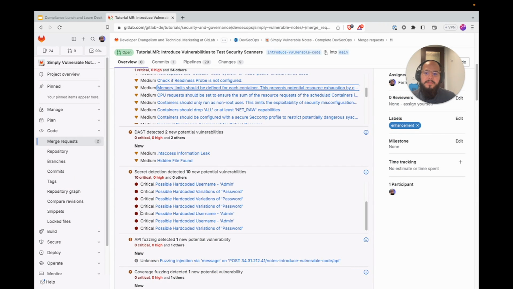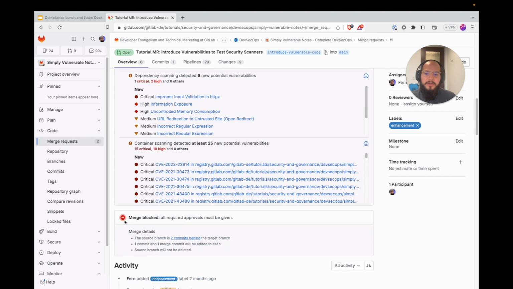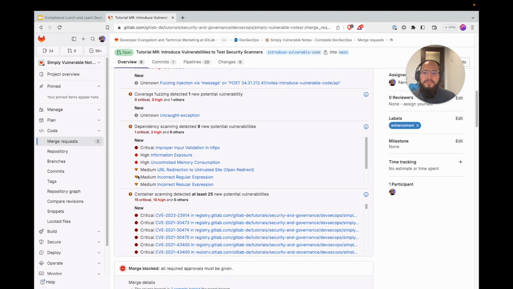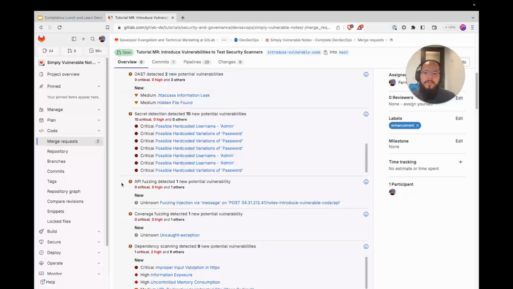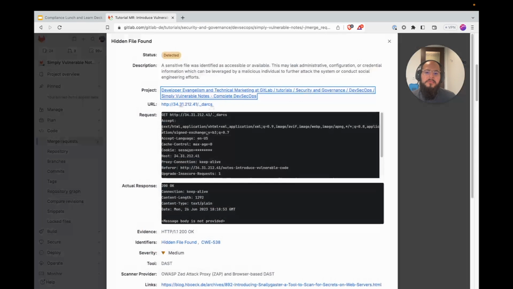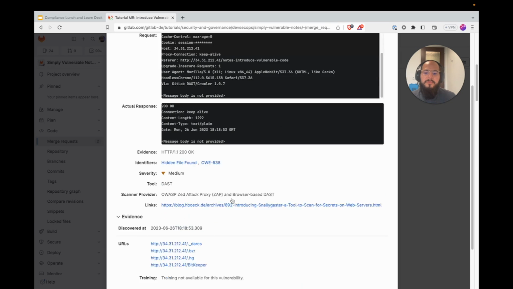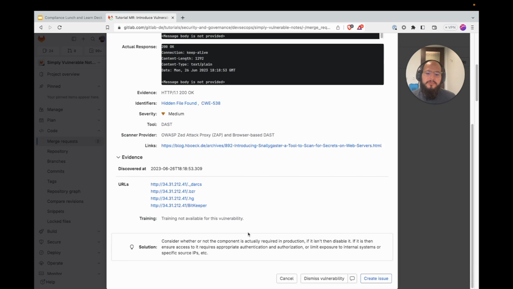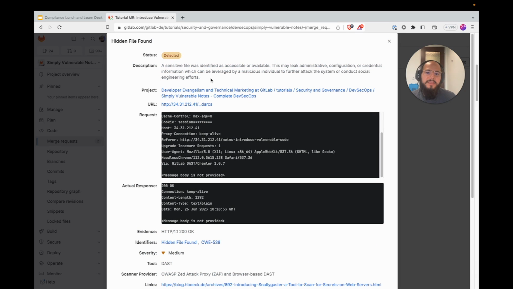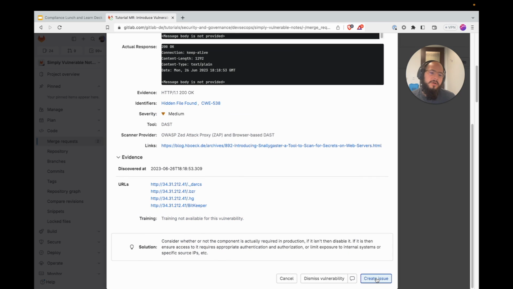And you can see this is true for all the different scanner types, and depending on the actual scan, you can see that there could be more information. This actually sends requests in DAST, so there's information on how to resolve it, links, what URLs are affected, here's the solution, and the same thing can be done. You can dismiss it or you can create an issue.